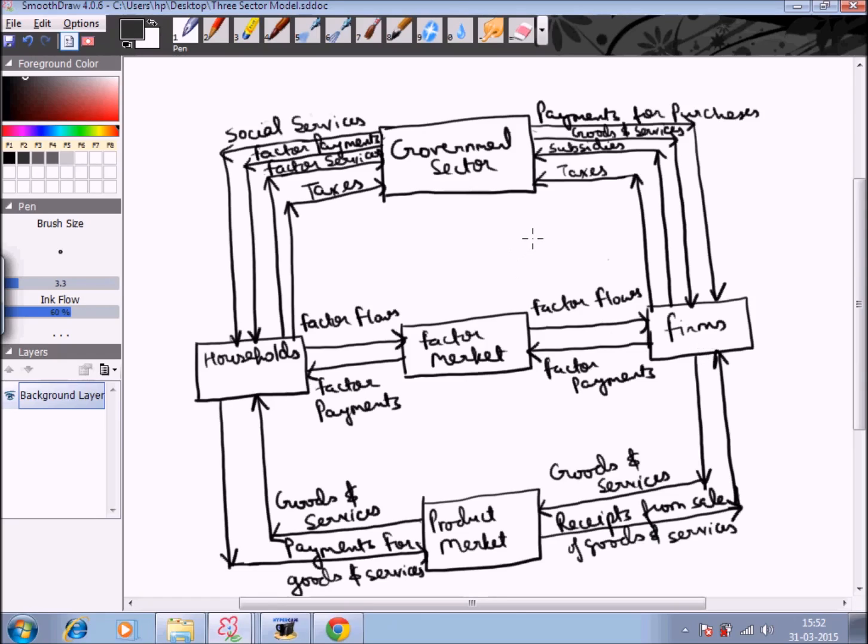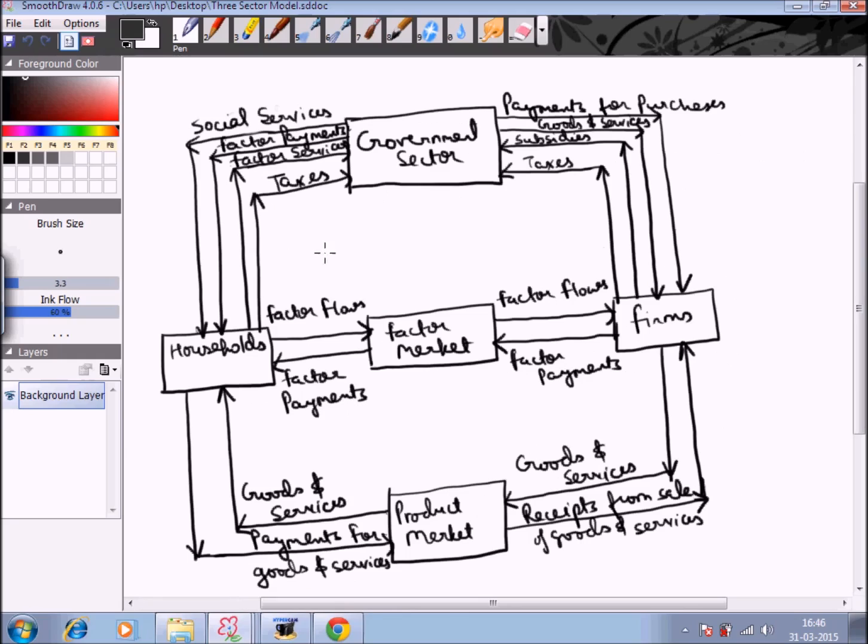Now it may be noted at the end that the taxes which the household and the firms are paying to the government sector are the withdrawals. These are the withdrawals from the circular flow, and the government expenditure is an injection. That is, the goods and services which the government is providing to the firms, and the social services which the government is providing to the household, are an injection into the circular flow. So this is the three sector model where we have seen that the government sector also plays a very important